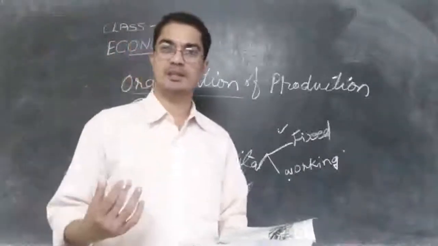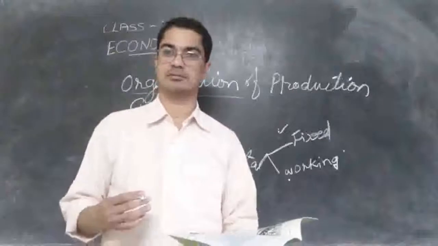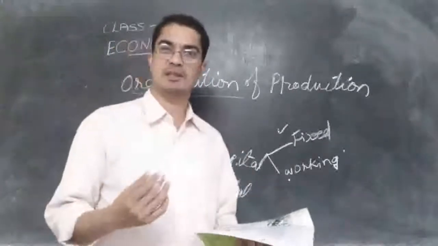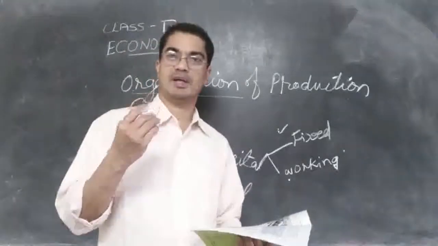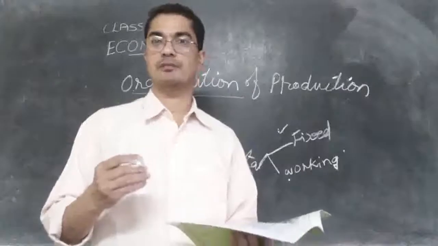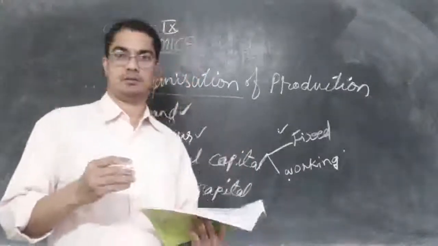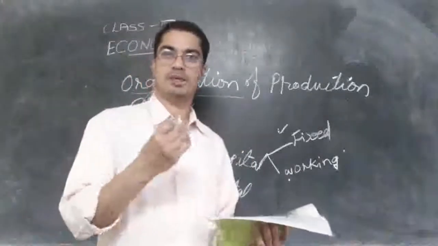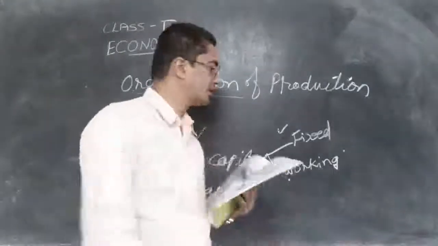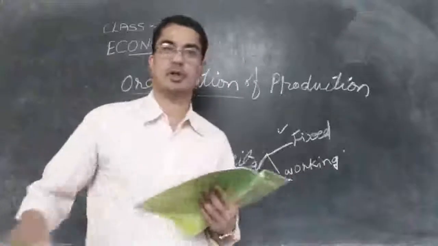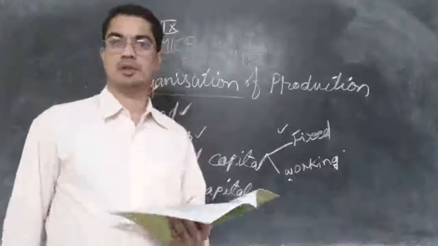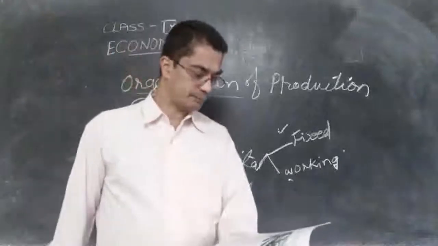The raw materials that we are going to use, the minerals, all those things, and the money that we need. In the beginning, when we start an industry or production of something, we need a lot of money in order to make a building, to buy machines, all that. We need a lot of money. So that is called working capital. In order to begin the work, we need some money in our hand. That is called working capital.